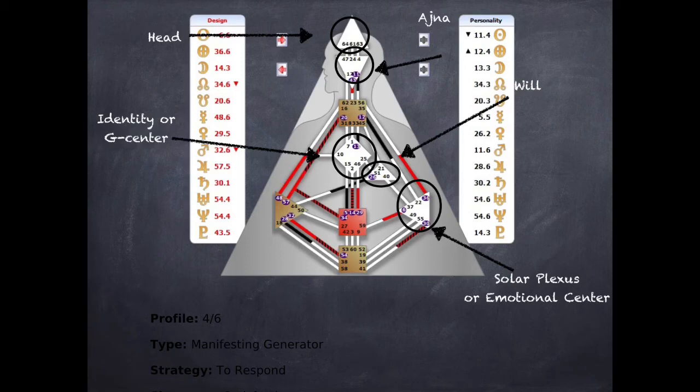So if we look at the open centers, we notice they have an undefined or open ajna and also a head center. We've already talked about that. And they also have an open will. But what is different is that they have an open solar plexus or emotional center as well as an open identity. So when somebody has an open identity, there could be more fluidity in who they are and what they